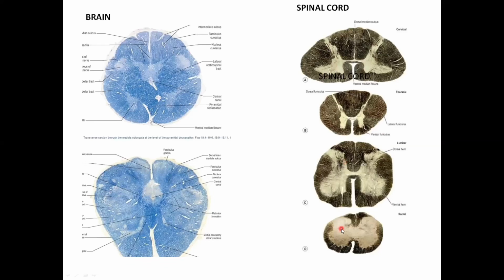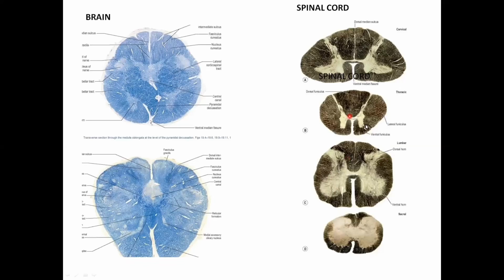And in certain regions, you can see that the anterior gray horns are bulkier to accommodate the motor neurons, which are going to form the plexus. Okay, so this is the cervical segment. You can see the anterior gray horn here is much larger, because it has to accommodate more motor neurons that are going to contribute to the cervical plexus. And if you remember from your general anatomy, all the plexuses are formed by ventral rami. So here, this is for the contribution of lumbar plexus, and this one for the contribution of sacral plexus.